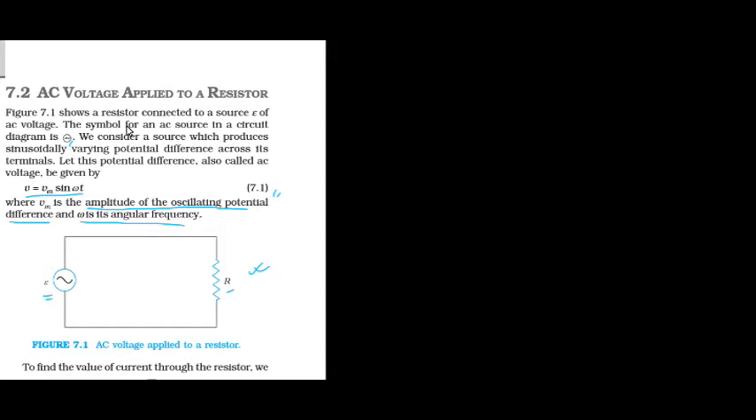The symbol of an AC source in a circuit diagram is given like this. We consider a source which produces sinusoidally varying potential difference across its terminals. Let the potential difference, also called AC voltage, be given by, first equation, V is equal to Vm sine omega t. This is written in equation 7.1,